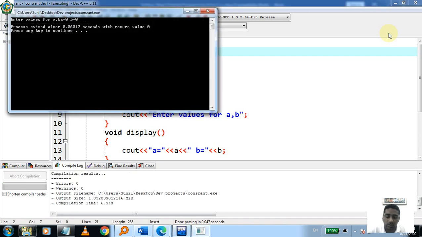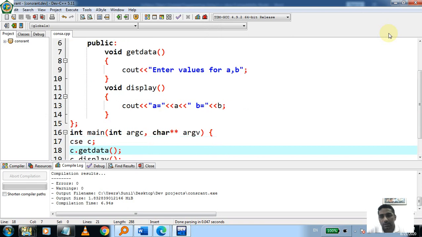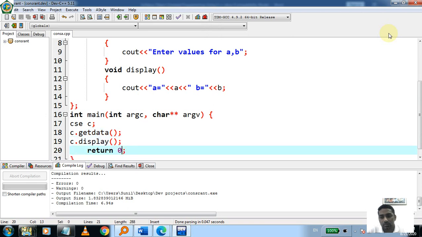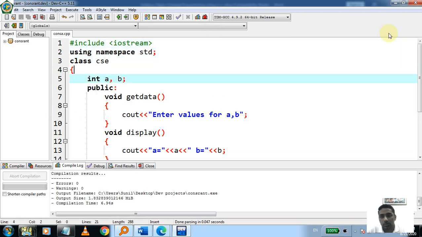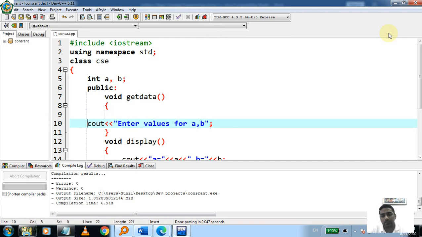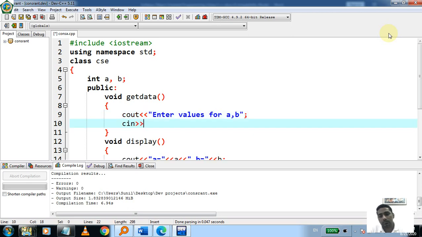Using is also called a special directive keyword. A and b are not initialized, so garbage is printed. The getdata function is not called here, and there is no input statement in getdata, that's why it is not printing anything. So cin a, b.